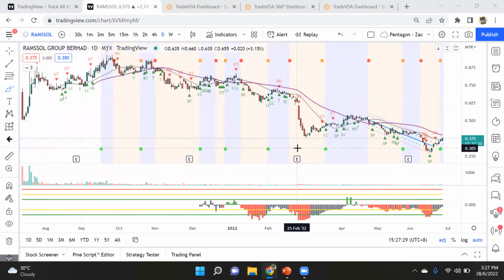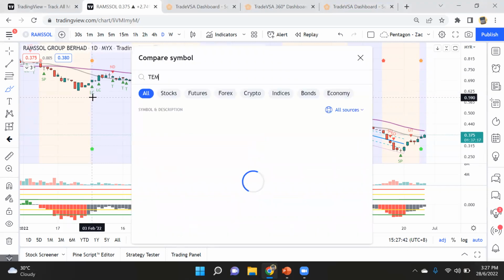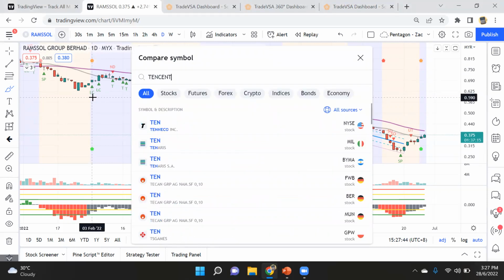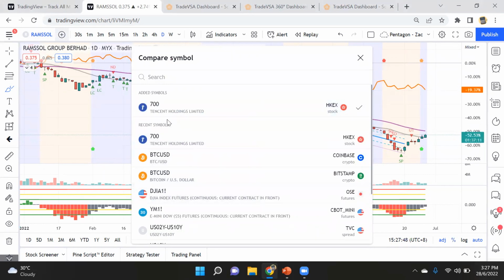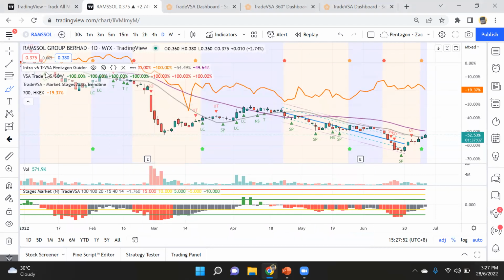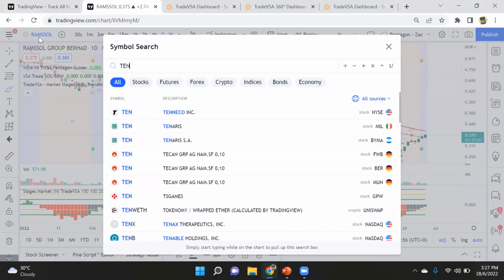I think most of the stocks right now are still in redistribution areas. We still haven't seen that yet. Now if you look into Hong Kong, HKEX stocks, most of them, I can say, are in accumulation already. For example, let's look into Tencent. If you look into the Tencent chart,